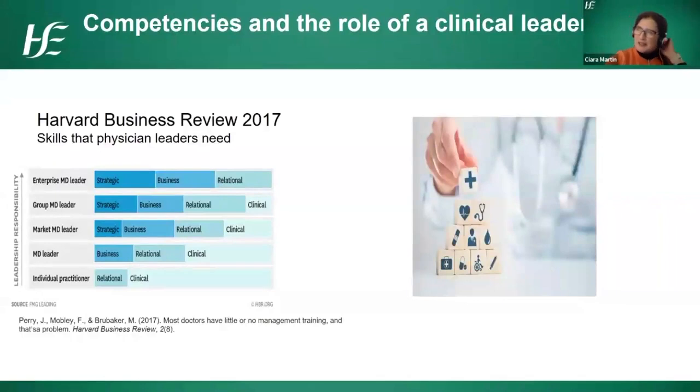And this first slide is quite North American, but it does look at how clinicians develop skills. Not all of us are taught leadership skills in undergraduate college, but as we become clinical leaders, you can see that there are skill sets that can be delivered. You can see on an individual practitioner level down here that clinical is really important, that kind of ability to deliver what you're trained for. And then as you progress in leadership, you need to develop your relationship skills, so those abilities to manage people, and that becomes more important.